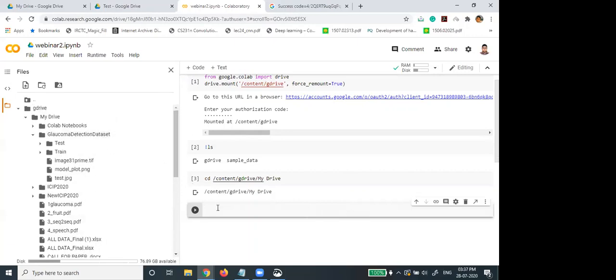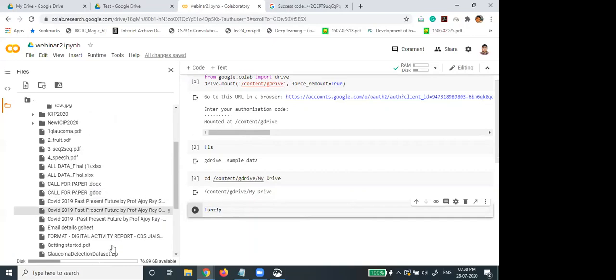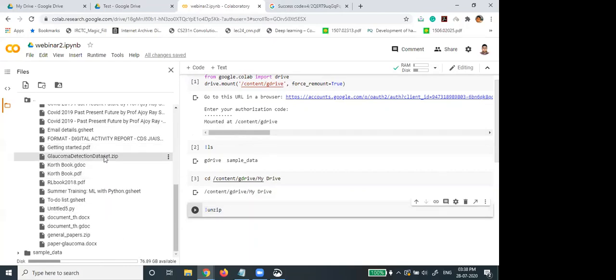The command is simple. Unzip, and then you have to just give this file name. You just copy these things. You can copy this path as well, because we are already here. I am not pressing enter on the copy path. After using this command, you can unzip this thing. I have already unzipped, so I am not using this command here.